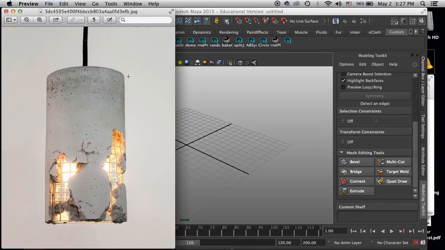So we're going to be doing a tutorial. In this tutorial we're going to try to recreate this concrete lamp. We're going to create the concrete lamp with these random edges here where the breaks are. We're also going to try and recreate the wire mesh here. We're not going to go for every little detail, and we're not going to spend time texturing, but we're going